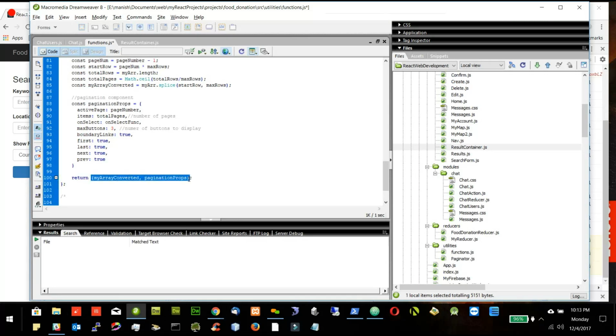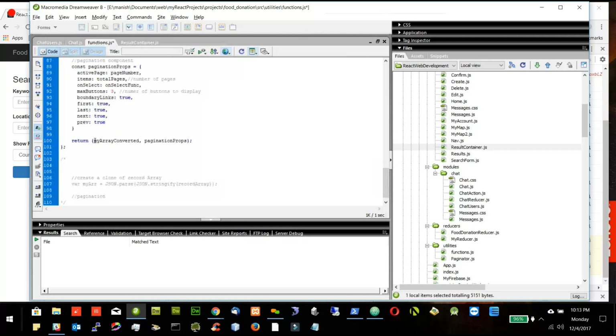Now this is the special string of the ES6 version. So let me explain what this means. If I have an array, and let's say I have a variable x equal to hello, and I have variable y equal to world, and my key is equal to value is this x,